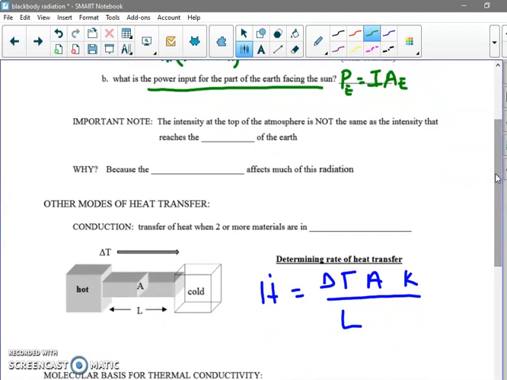So just to finish up, the intensity at the top of the atmosphere is not the same as the intensity that reaches the surface of the Earth. So if we eventually want to understand what temperature the Earth should be because we're this certain distance away from the